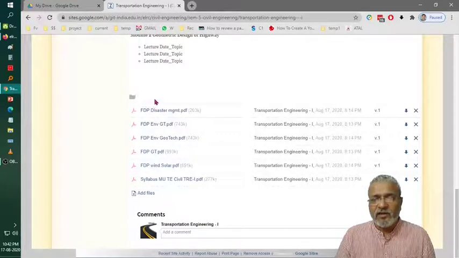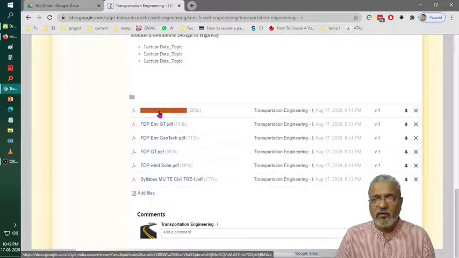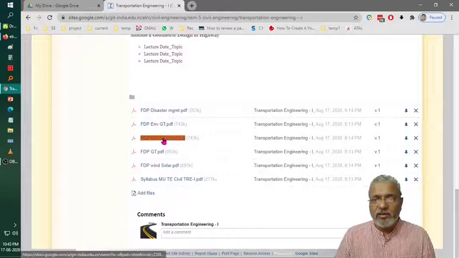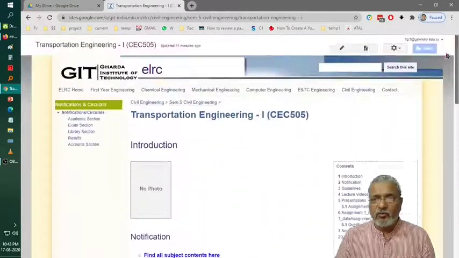But think about it, at the end of the semester this will be 40 lectures PPT, then notes, content, assignments. Students will not be able to go through it, and it will be difficult for us to edit these also. Because again we have to find out what the source is and manually change it from version 1 to version 2. Likewise, if it goes on changing, how about we put one PPT and we can change that PPT in our Google Drive and it will get updated here also. So that will be the ideal way. Okay, we'll learn how to do that.